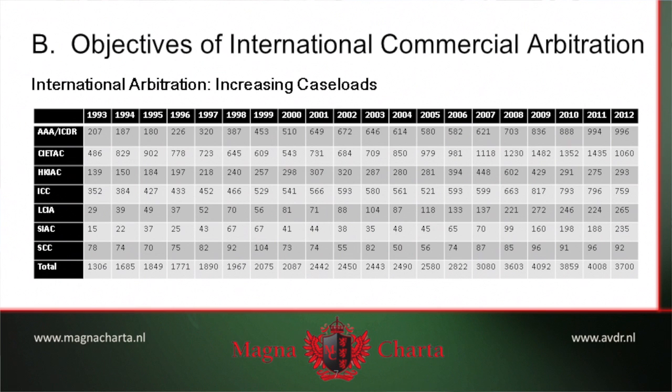There's been a leveling off in recent years, but that's a leveling off only amongst the major international arbitral institutions. One phenomenon that has occurred quite significantly in the last 10 years in particular has been the growth of regional arbitral institutions in, for example, Milan or Dubai or Kuala Lumpur. These are arbitration institutions that historically had very limited caseloads and which now are seeing expanded growth. When you put those numbers together with these numbers, when you take investor-state arbitrations and ad hoc arbitrations into account, I think what one sees is a very steady and progressive increase in the number of international arbitrations.